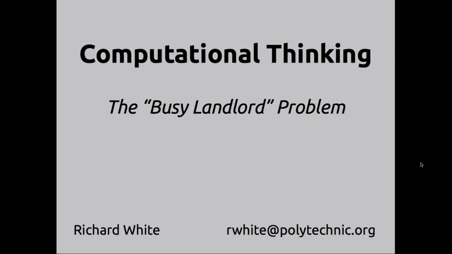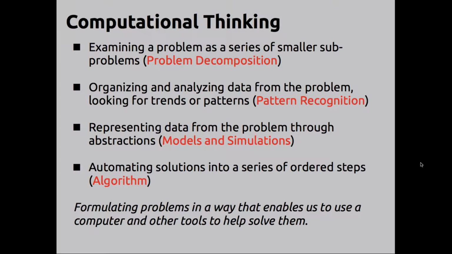There are four common elements to computational thinking. 1. Problem decomposition, breaking down data, processes, or problems into smaller and more manageable parts. 2. Pattern recognition consists of observing and recognizing patterns or trends in data. 3. Abstractions or models allow us to identify the general rules or principles that are responsible for the patterns and trends. And 4. Algorithm design consists of developing instructions or procedures that can be used to solve this problem and